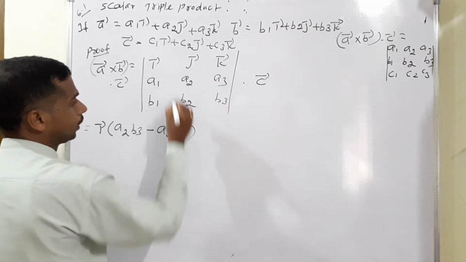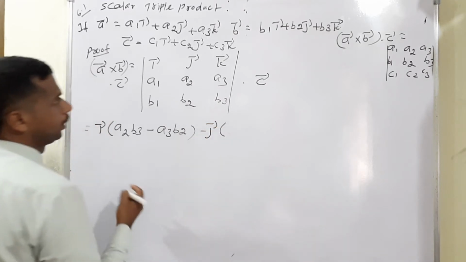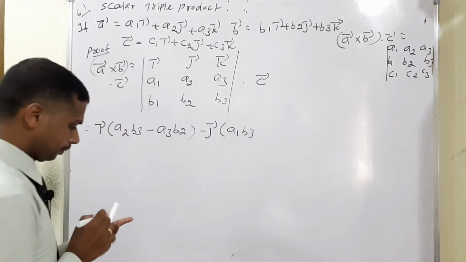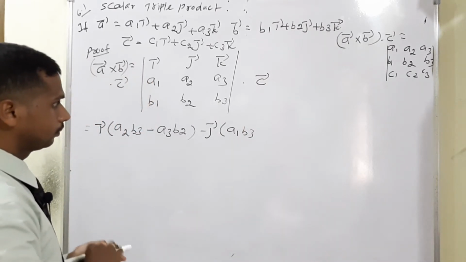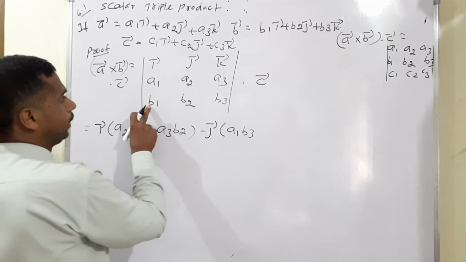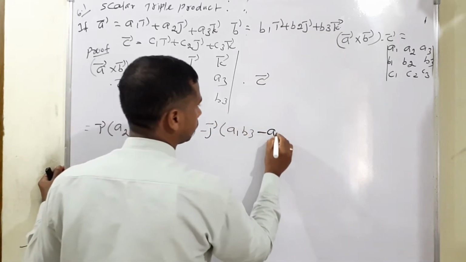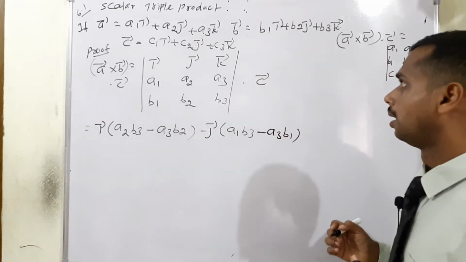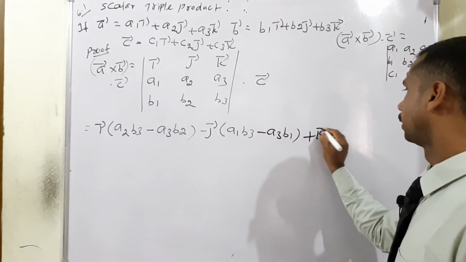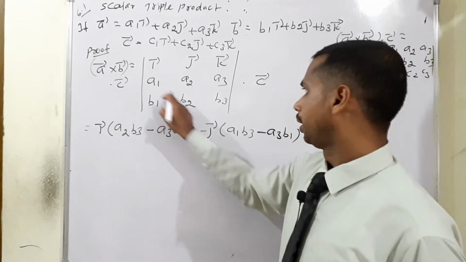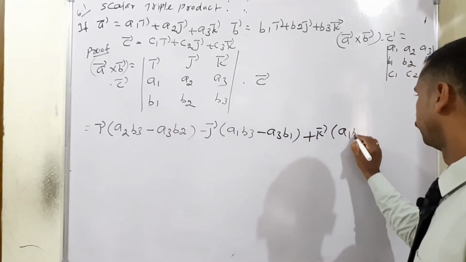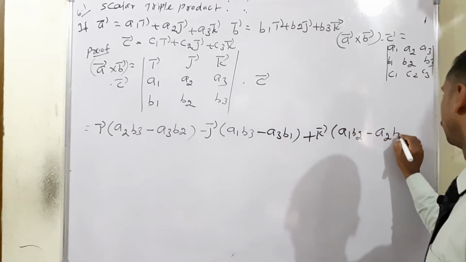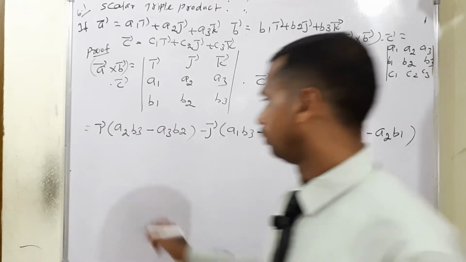A3 into B2. Next one, minus j vector means A1 into B3, then minus A3 into B1. Next condition, plus k vector into A1 into B2, then minus A2 into B1. Now